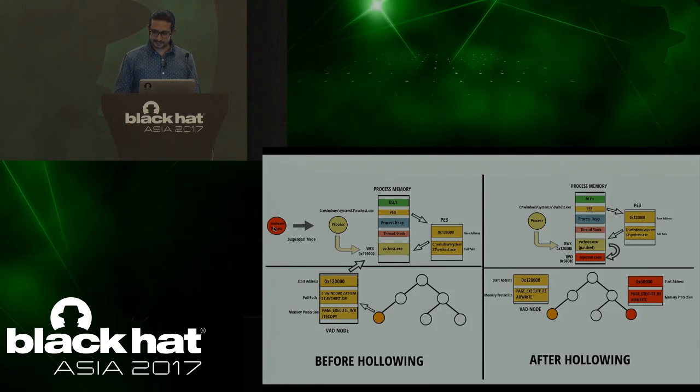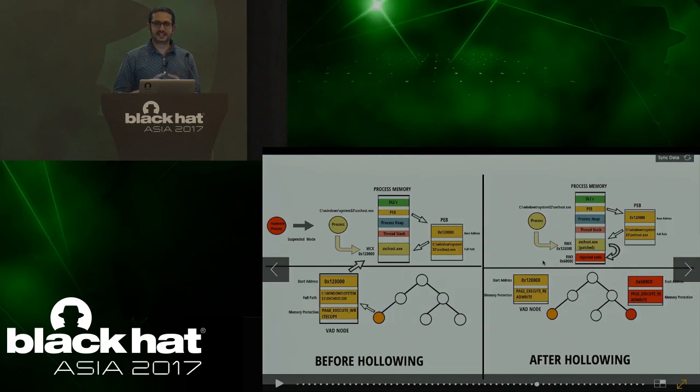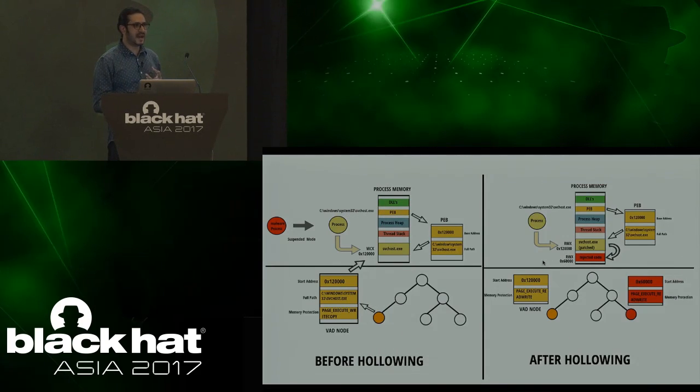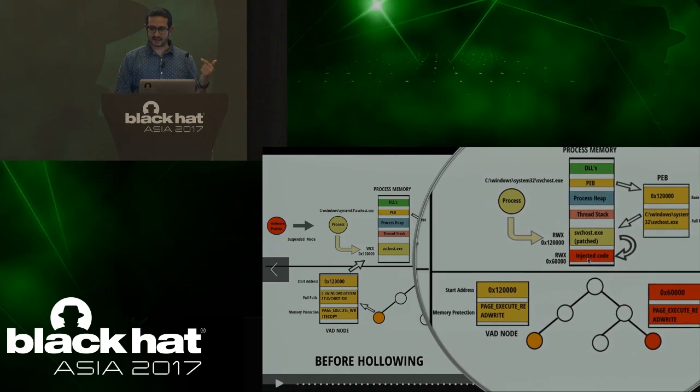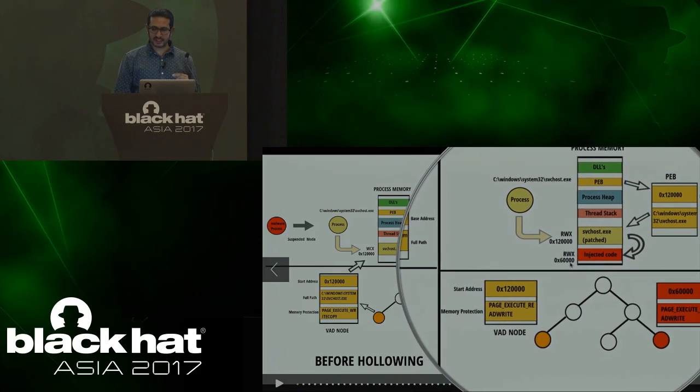Then what it did was, instead of using the VirtualAllocEx API and WriteProcessMemory to write into the remote process, it used what is called NtMapViewOfSection. What it does is, it copies this section of memory, which contains the code in its own memory, into the remote process and copies it into this region here. You see here, it copies the code. This is the code which it copied into this region.